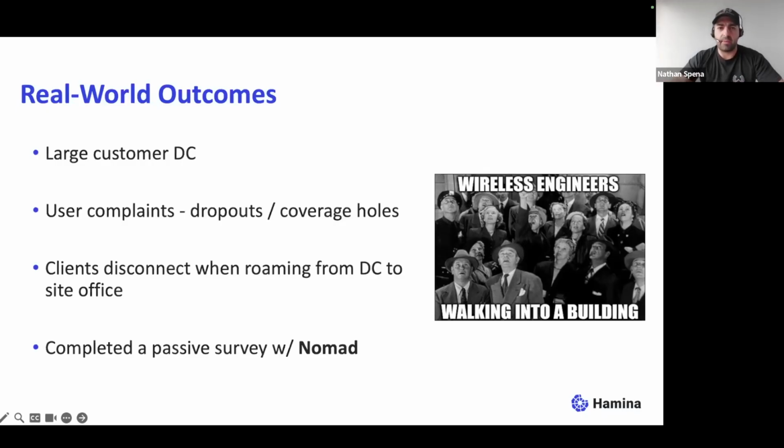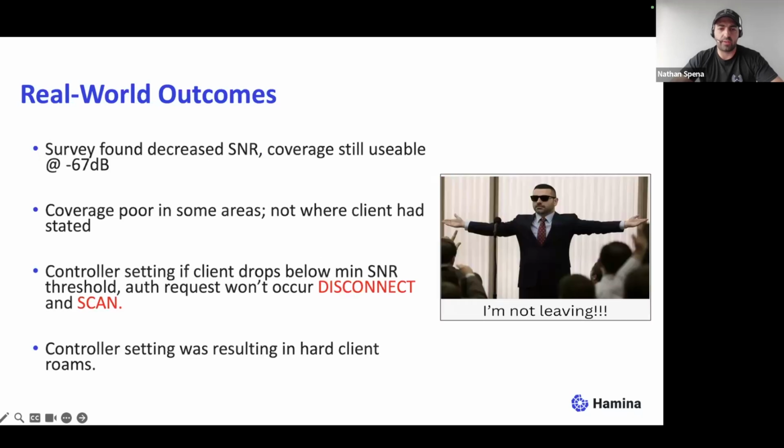So we were thinking, okay, maybe it's coverage issues, a coverage hole in that area. The client was adamant, definitely a coverage hole, definitely a coverage hole. We've got the Nomad. I've actually got one here, the Ossium. We ran a passive survey, and from what we saw, if you want to go to the next slide,